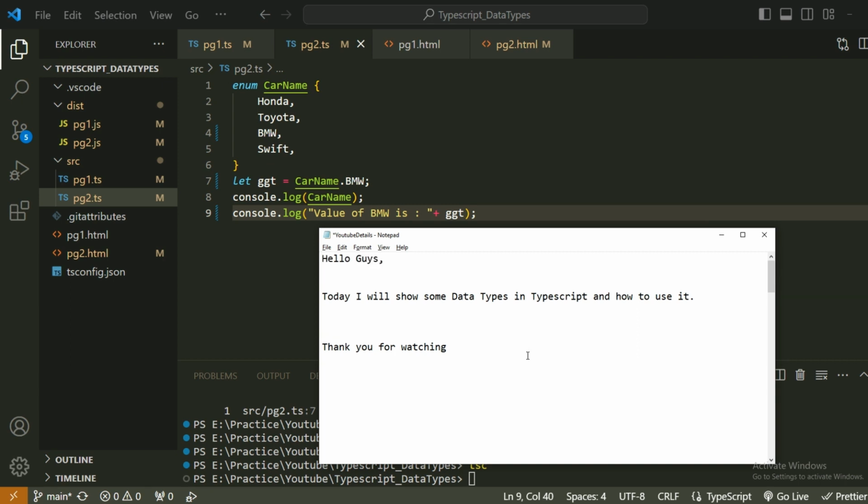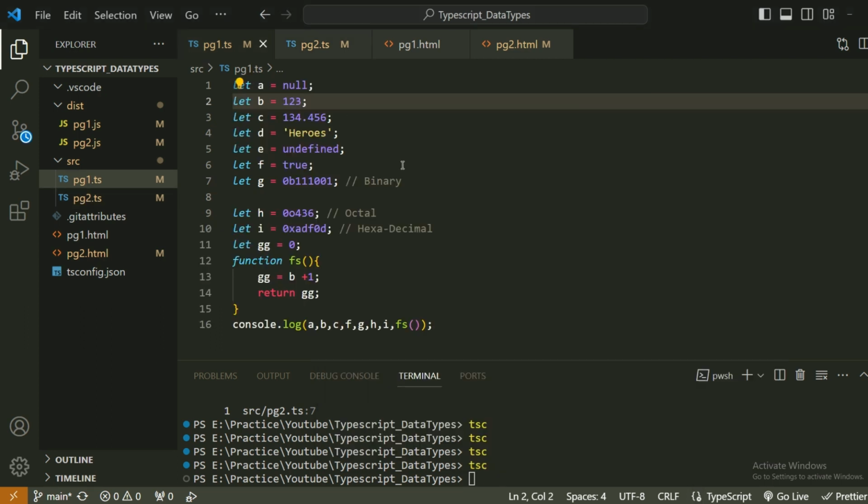Hello friends, today I'm going to show you some data types in TypeScript and how we can use them. Okay, so the first one that I have is this one, the pg1.ts, and